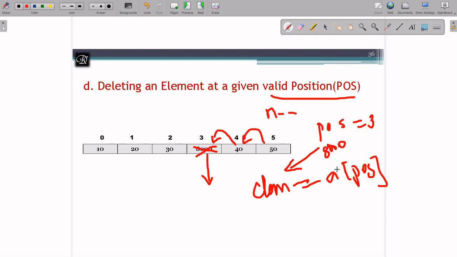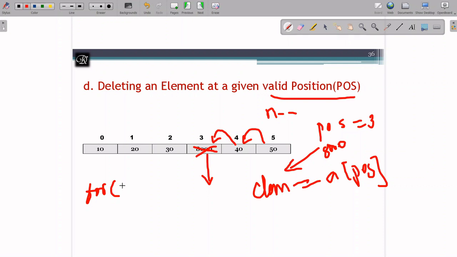I will display it at the end, or else you can display immediately and ignore this assignment also. Now how to shift? To perform the shift operation, I will go with the same for loop. It is a little opposite to the previous for loop. In the previous for loop, I is equal to n minus 1.